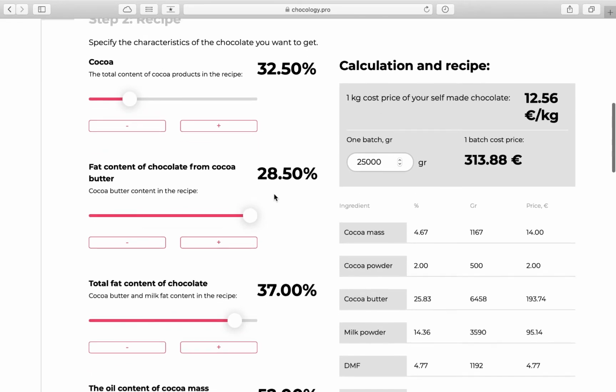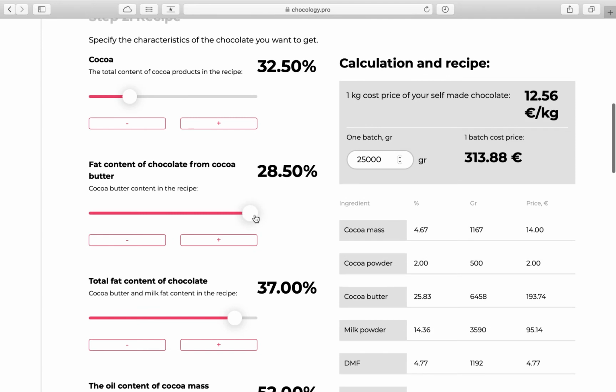Next comes the content of fat in chocolate from cacao butter. Pay attention, I can't put it above 28.5. It means the difference between cacao products and the content of cacao butter is not less than 4%. This is due to the fact that we made sure in advance that there were no less than 4% of